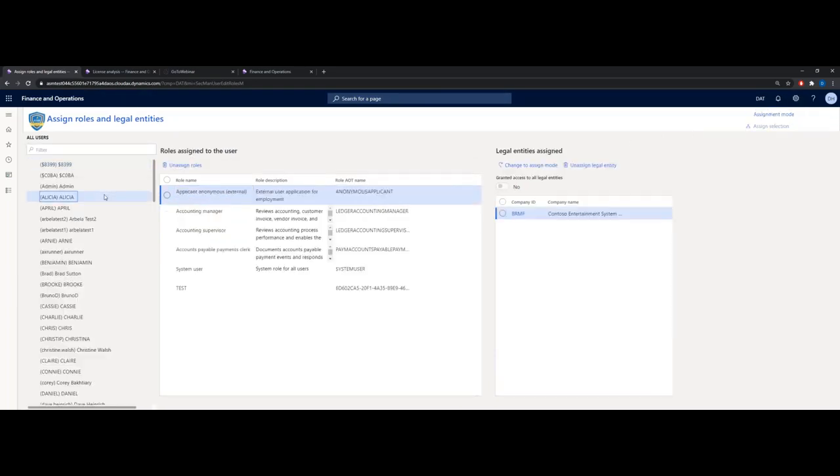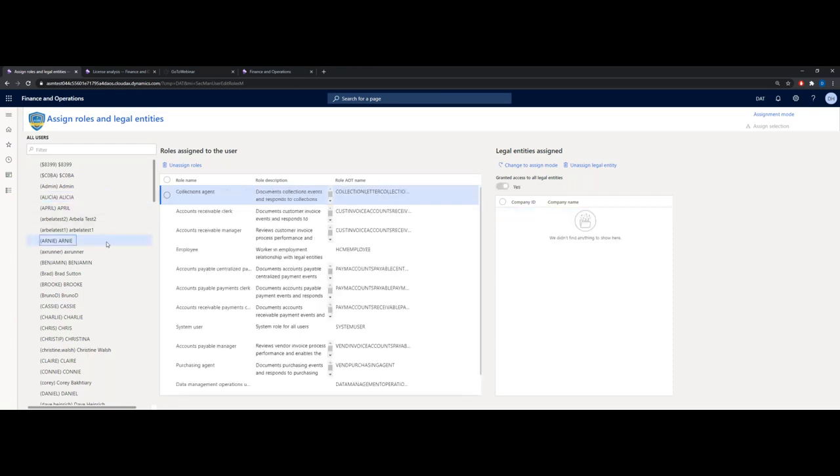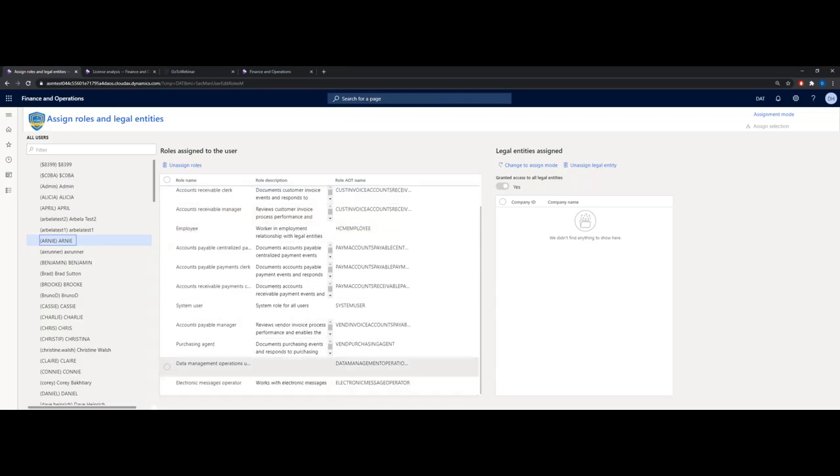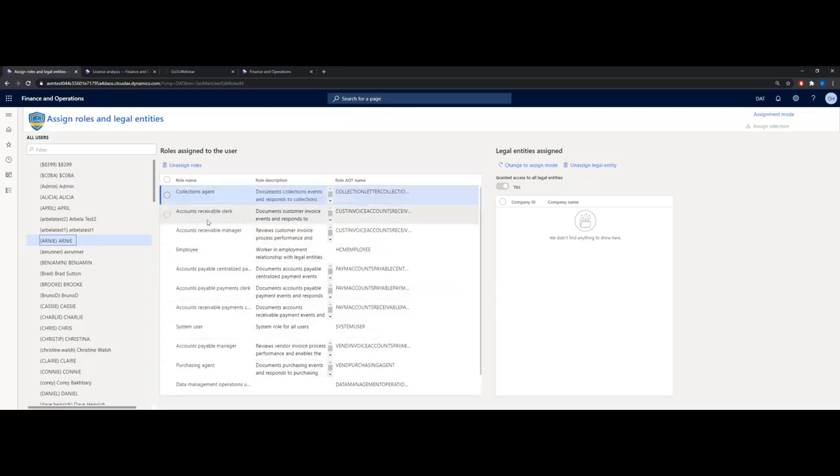we can go over to Arnie. This would be in the case where you've already assigned your users to roles, but now you've discovered, oh, we need to limit their access to the entity, right? So here in the middle, you see that Arnie is assigned to all these roles. The very first one, collections agent, he has access to all entities. For the accounts receivable clerk, he has access to certain entities. And so that's where, over on the right-hand side there, is where you would assign the users to more entities